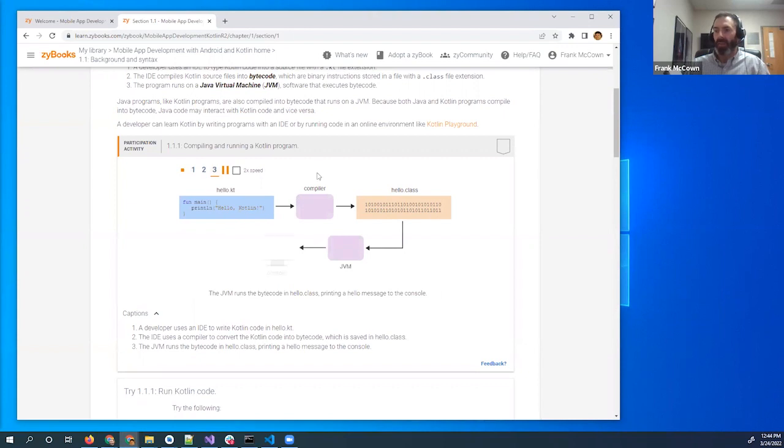And once they've completed watching the animation, a little checkbox appears up here. That just means that zyBooks has recorded that they have completed that particular participation activity. We call these participation activities because students will be participating. They're interacting with the zyBook. And the instructors can determine, or can automatically download, how many of these participation activities have been completed.